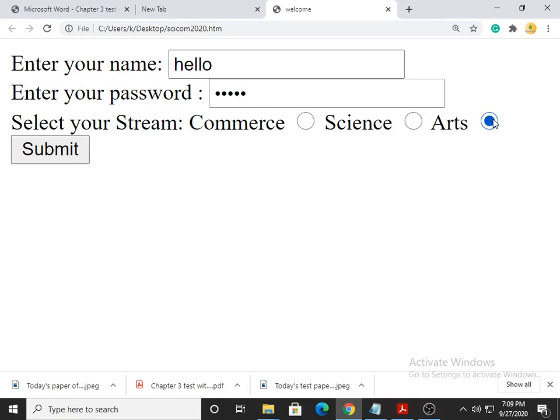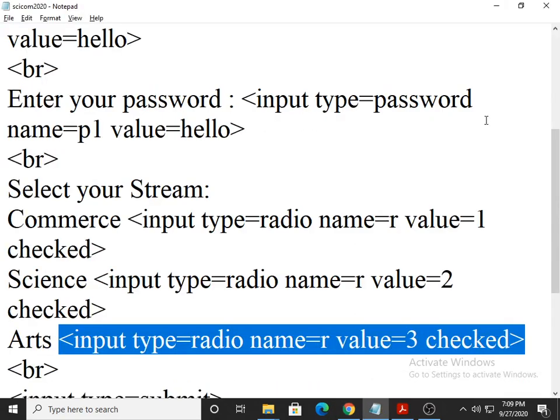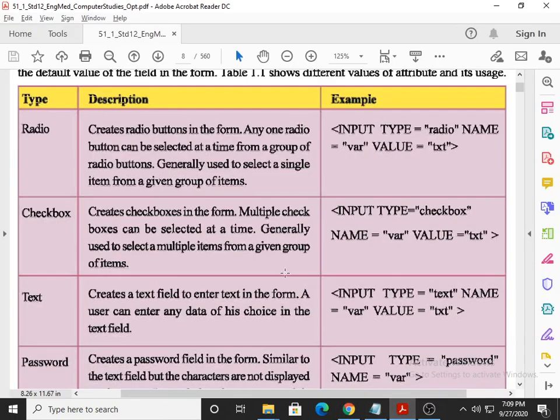Students, I hope you understand what is going on right now. Okay, so these kinds of questions are asked in board exam, and I'm always worried about these kinds of questions. Those who want to take this seriously, most welcome. The rest of the students, God bless you. I don't want to say more than that. Fine, so this is the story of radio button. Now we will move on.